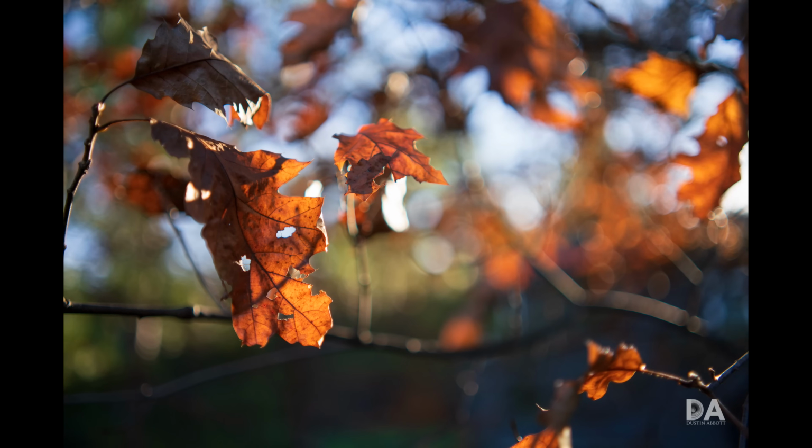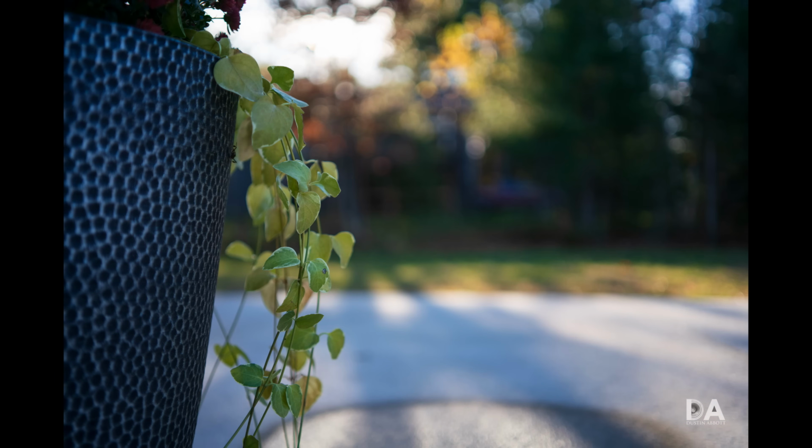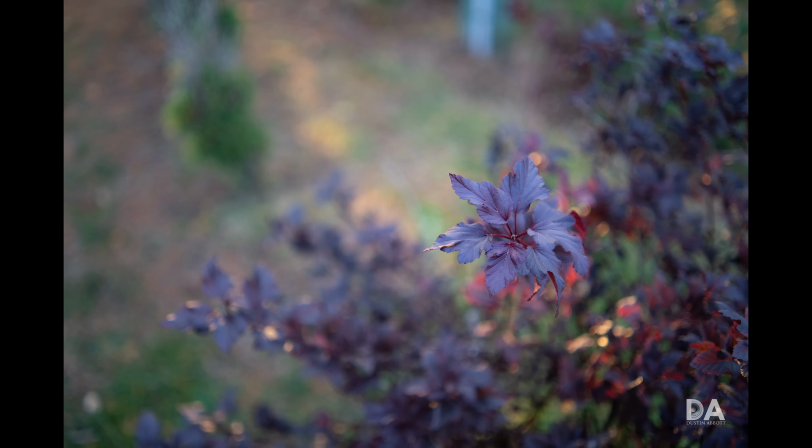At the end of the day, however, what is pretty clear is that while there's a little bit of give and take, the Samyang is every bit as good as what the Sony is. And so I think the conclusion at the end of the day is that when you're talking about a lens that is $400 versus a lens that on sale right now is $700 US and typically retails for $750 US,